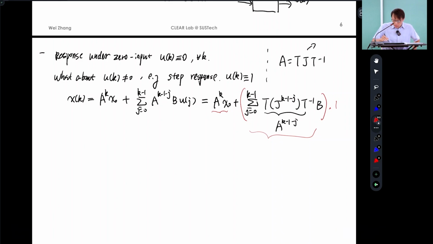Okay, so every term here is a function, it depends on the eigenvalues. So in this case, it's still the same thing. If the system is stable, this part will converge to 0. Okay, and this part, let me just summarize. You can simulate the system behavior by yourself. Let's just say, if a system is stable,